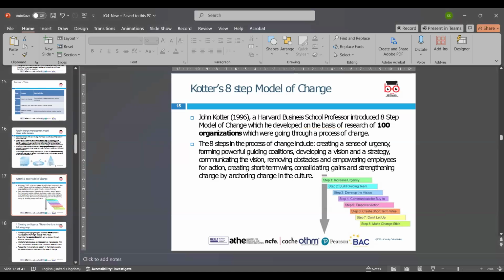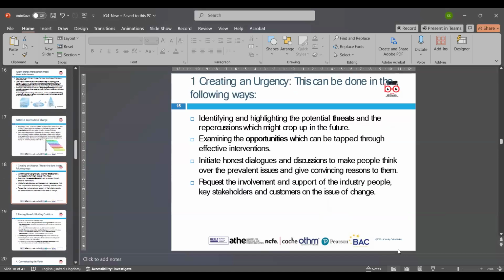they have done research in 100 organizations, and after that they developed this model. So there are the 8 steps. One by one, we are going to explore what these steps are. The first step is that you are going to create urgency. Again, you are going to create awareness, which is a part of Kurt Lewin's model also. As I told you earlier, Lewin's model serves as the base or foundation for the rest of the models. So in this,